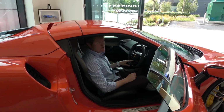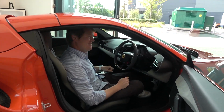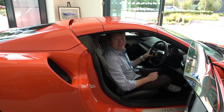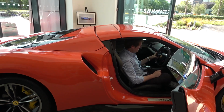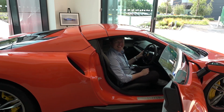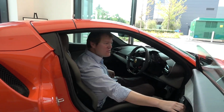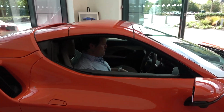Now, if I press this button, that's an electric. You have to press here to fire up the V6. Let's take a listen to this. Yeah, that sounds so good. It's really hard to explain in here. It sounds so good. Right, roof back down